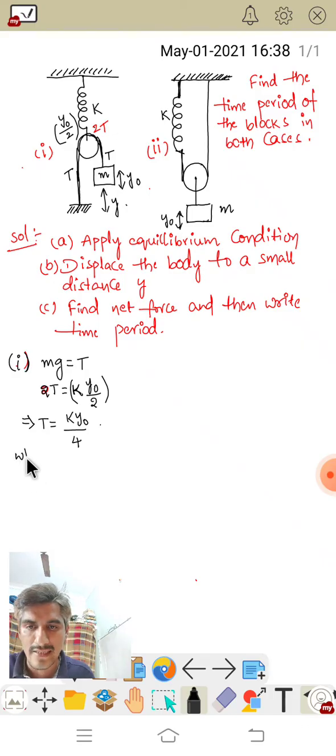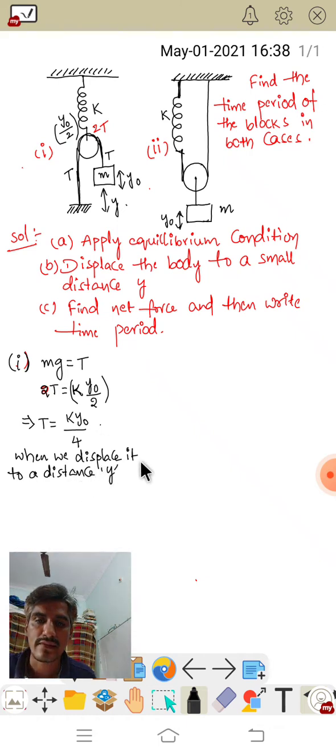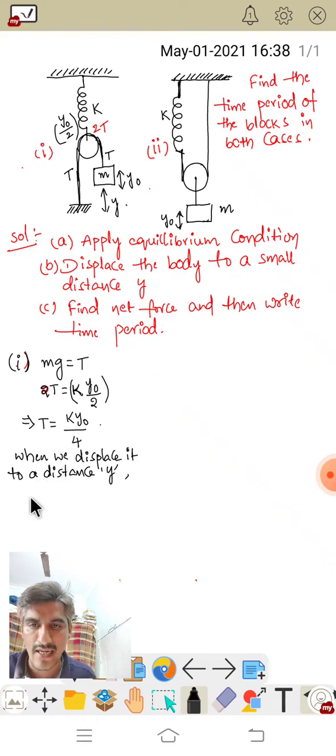So when we displace it to a distance y, then what happens here? T dash will be developed here. Assume that the tensional force is T dash. Therefore, here 2T dash. And now I am going to write the 2T dash is equal to